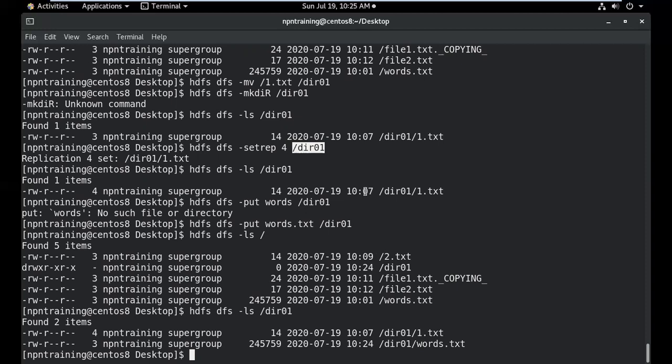So we will use this command setrep to modify the replication factor. You can apply it to a file or to a directory. When you apply it to a directory, it only modifies the files present in the directory. Right. Any single question here?